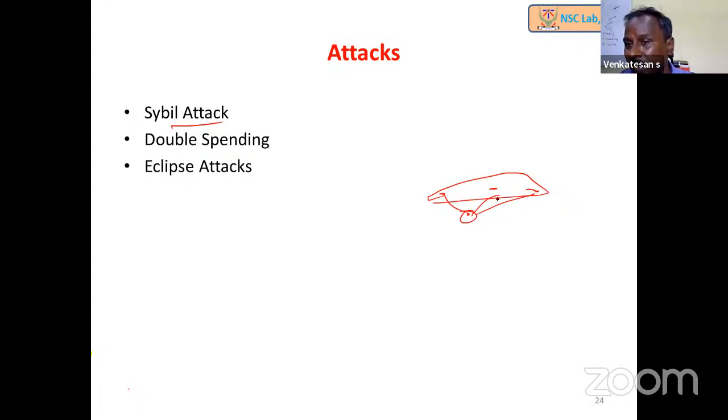And why such a problem happens: when I join the network, definitely I will not be knowing people in the network. So what I do is, maybe I will try to contact someone or they may approach me. Normally attackers will come and approach us. So what we consider is, yes, we have the neighbors, so our work is reduced, so we take them as the neighbors. So what is going to happen? They will form the eclipse.